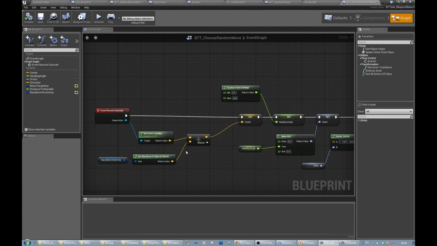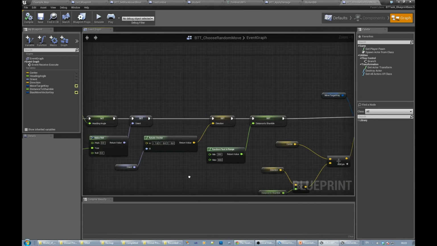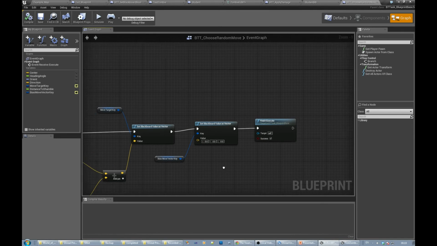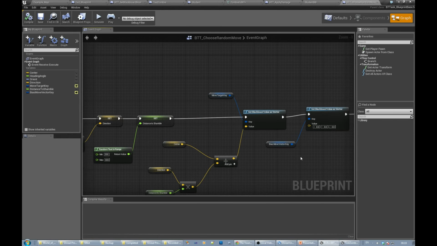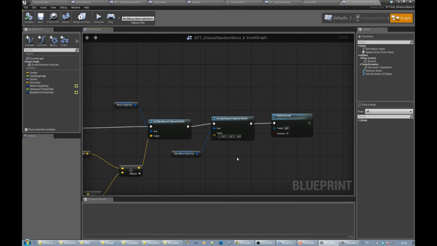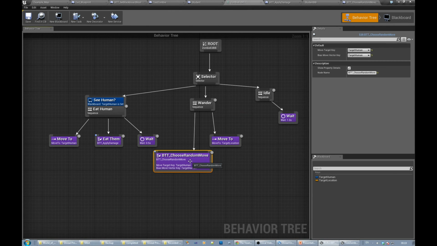Essentially back here, this will have no effect at all if that reset happened previously. And then I'm just calling finish execute because I know that this whole stream of execution is going to work. So it's complicated in terms of variables and things, but actually when you look at it from the behavior tree standpoint, what we're saying is